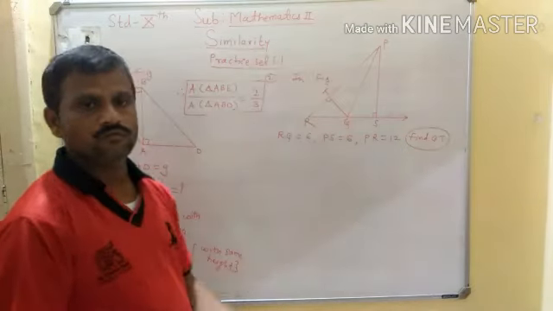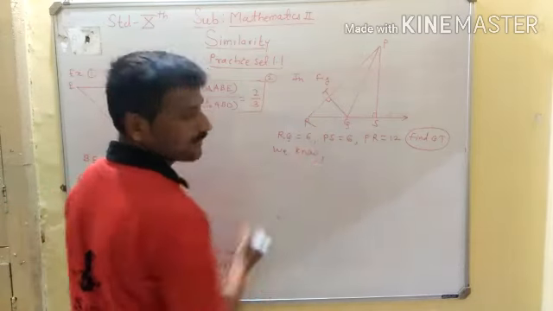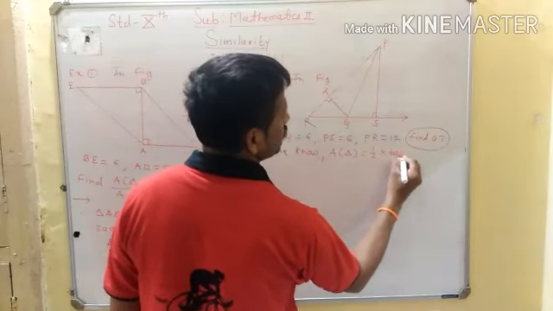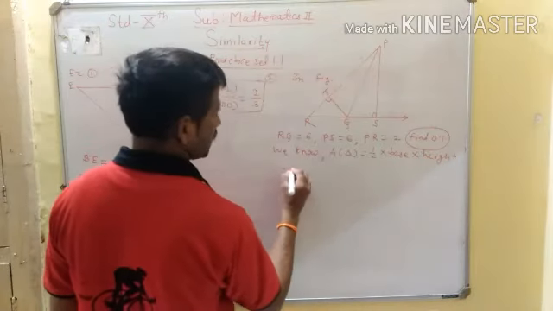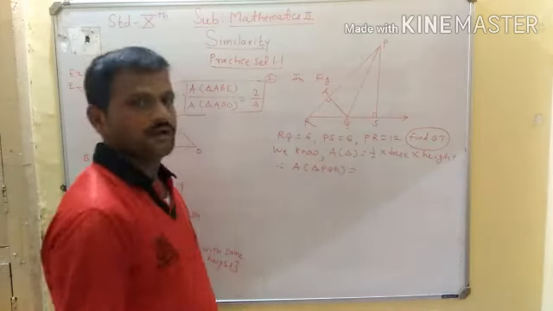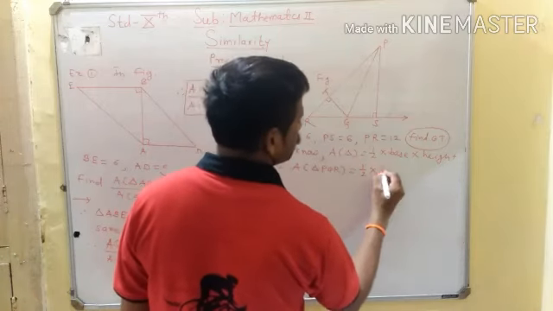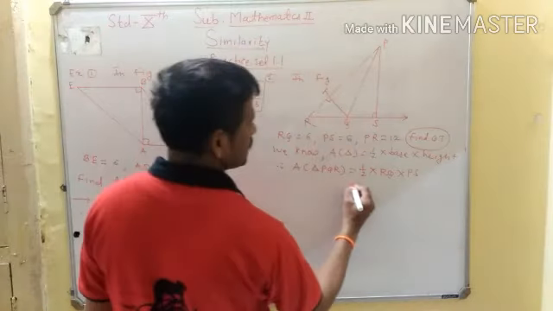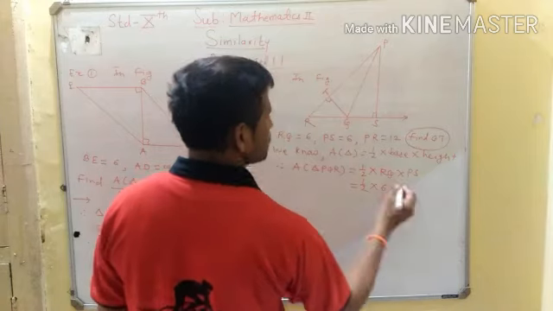Okay, now how to find it? We know the general formula. Which is the general formula? Area of a triangle is equal to 1/2 into base into height. Okay, that's the formula. Now substitute the values here. Area of triangle PQR is equal to 1/2. We take the first base RQ and the first height is PS. Now just substitute the values here. Is equal to 1/2 into RQ is 6 and PS is 6.